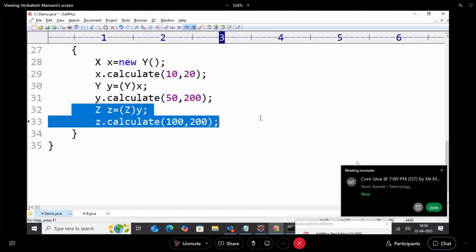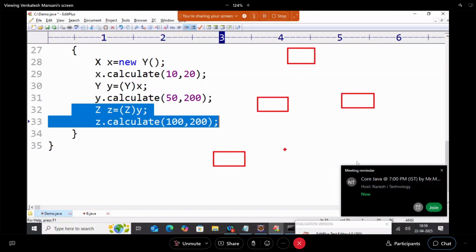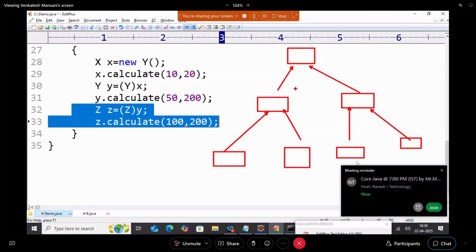There is no memory for Z. This type of questions I asked now in core Java class. Not only explicit type conversion, memory also you have to check. Suppose it is A class, B class, C class, D class, E class, F class,